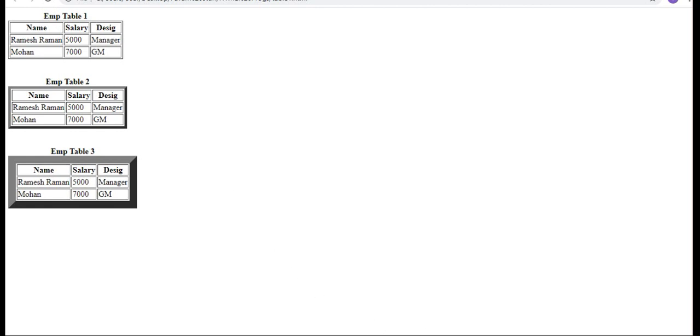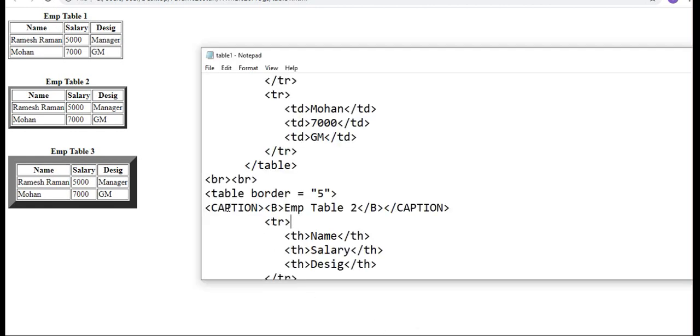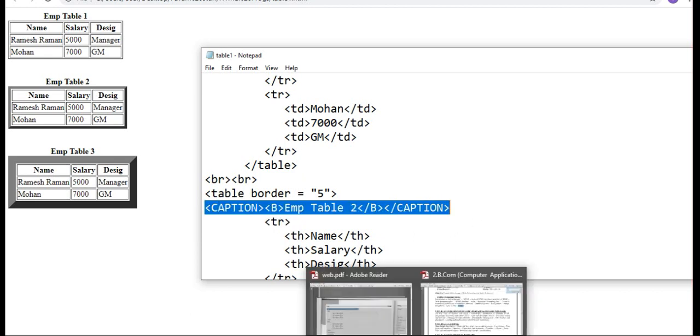For that we have a tag called the caption tag. You have to specify the caption and you have to close the caption. This caption must be printed before the table, before the first row, no? So that's why before this tr tag you have to use the caption tag. Okay.